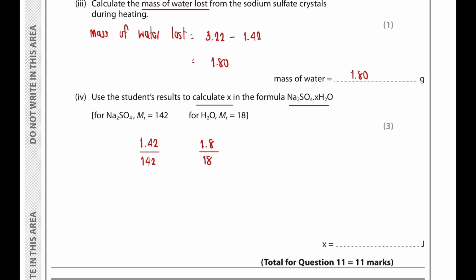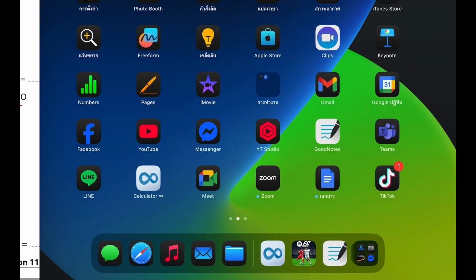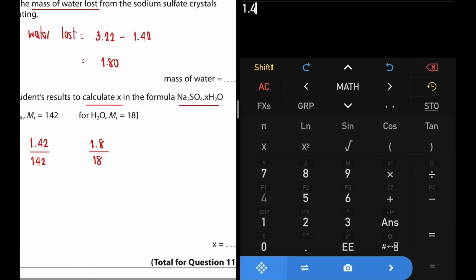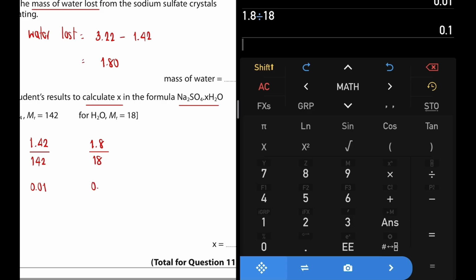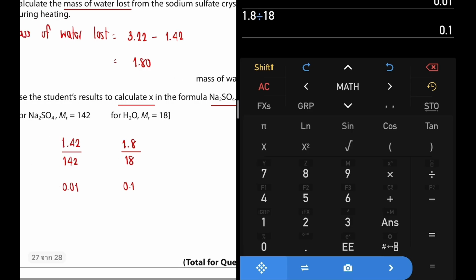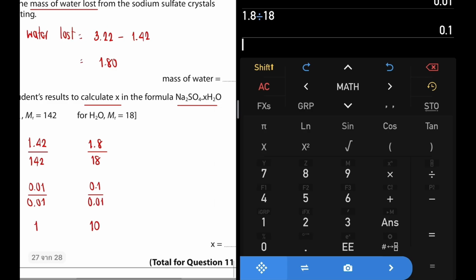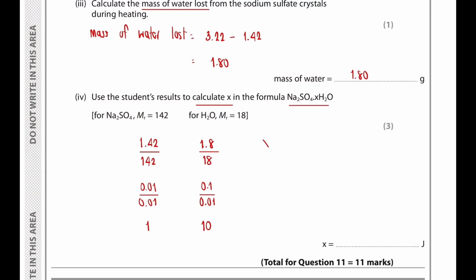So 1.42 divided by 142 is 0.01, and 1.8 divided by 18 is 0.1. And since 0.01 is less than 0.1, I will divide both sides by 0.01. So it will be 1 and 10. So therefore, the value of X is equal to